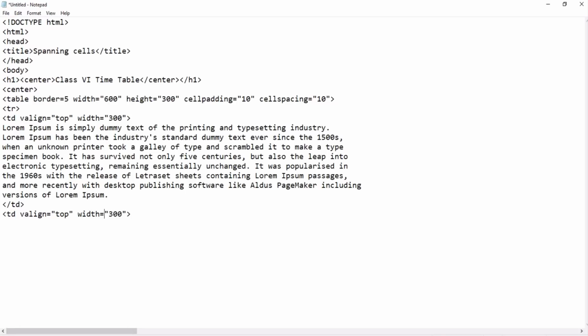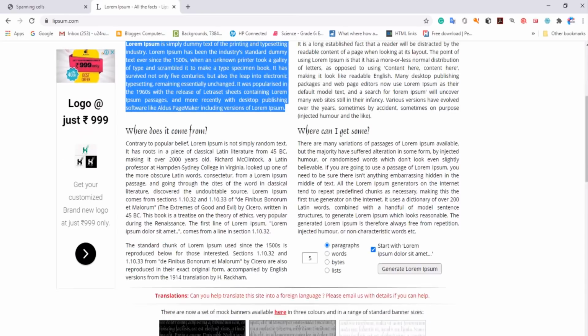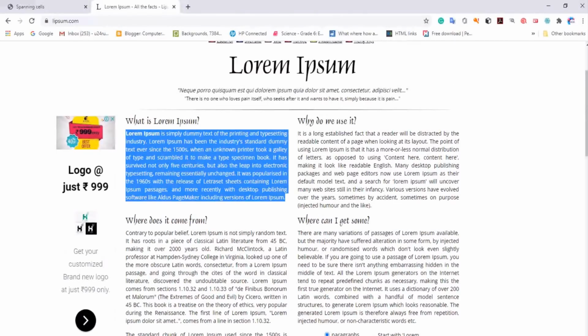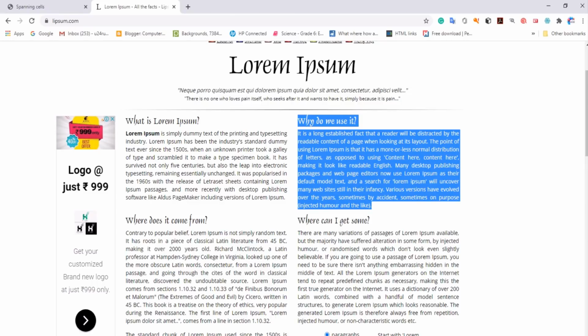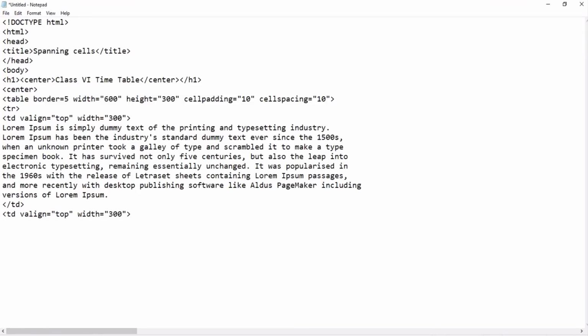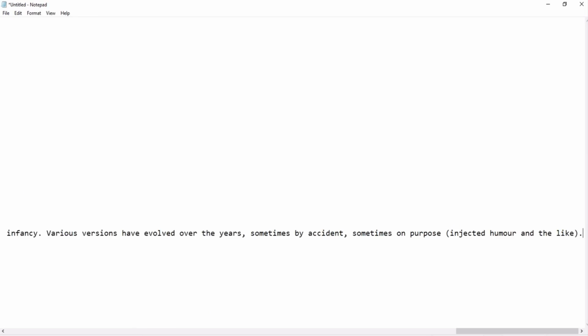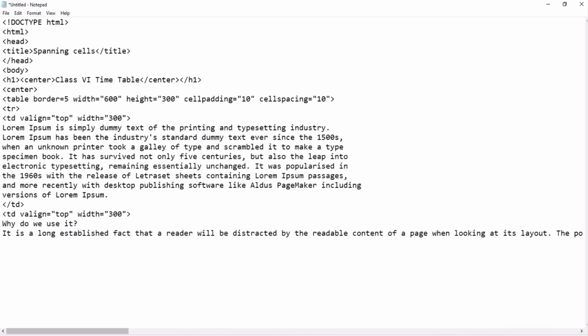Great. Again I need the dummy data over here. So I will go back to the browser and take this data. Let me use this. Control C. I will just paste. No problem.